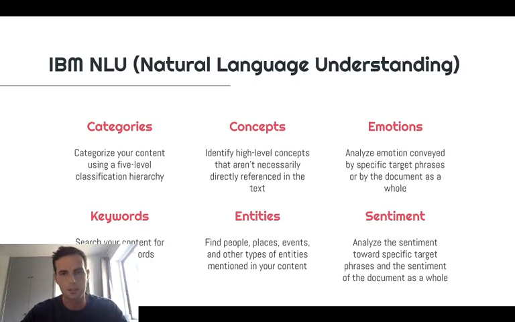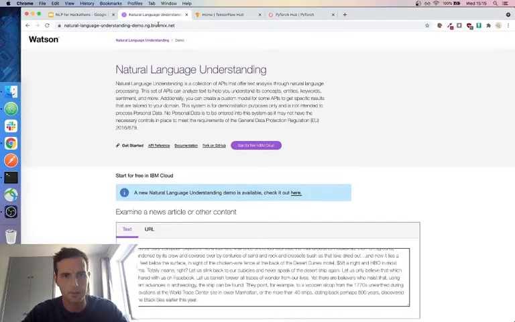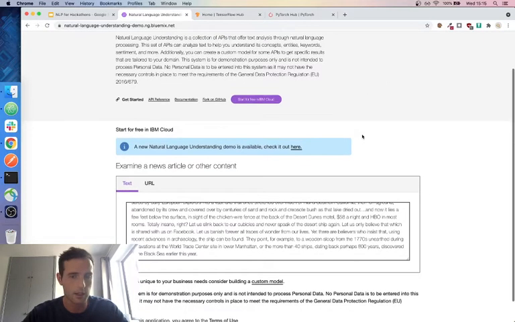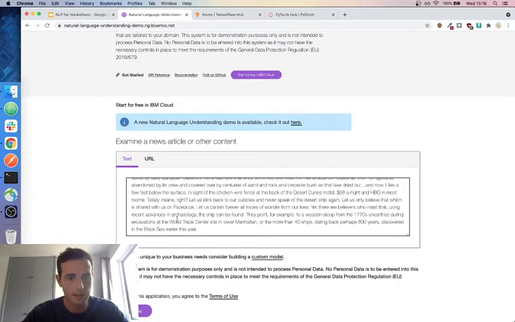So let me just jump out of here and give you a quick demo. If you want to find it, as I said, it's at cloud.ibm.com, and then search for natural language understanding. It's under the AI APIs. I'm going to show you this quick demo so that you can see the kind of things you can get from it. So I can give it this text here, but